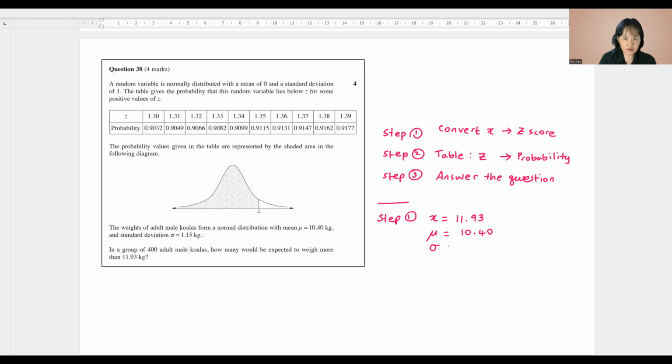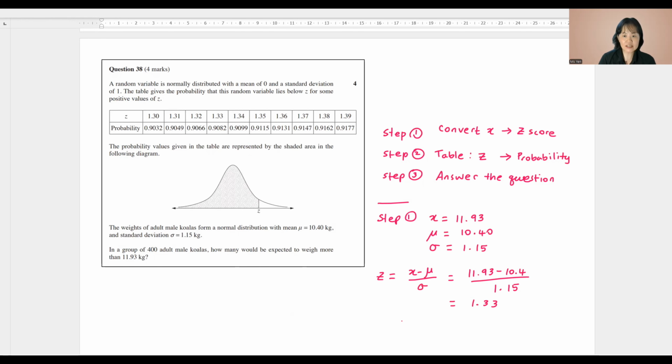My standard deviation, the sigma, is 1.15. Now, z-score formula is z equals x minus mu all over sigma. 11.93 take away 10.4 all over 1.15. If you put that in your calculator, you will get